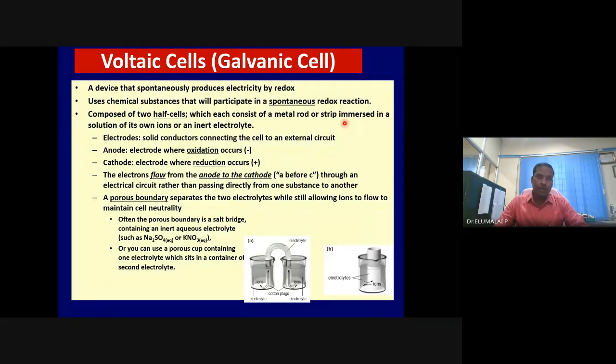Last class we saw that the reactions are spontaneous in an electrochemical, galvanic or voltaic cell. The cell potential is positive and it has two half cells, the anode half cell and the cathode half cell. Anode is where oxidation takes place, loss of electrons. Cathode is where reduction takes place, gain of electrons. Anode is designated negative because there is an excess of negative charge, and cathode is designated positive because there is a depletion of negative charge, as electrons are being consumed. They are separated by a salt bridge, and we know the modern terminology for the salt bridge is separator or membrane.